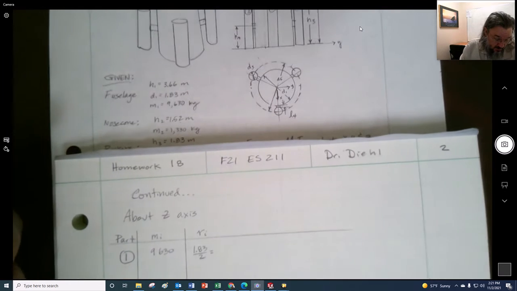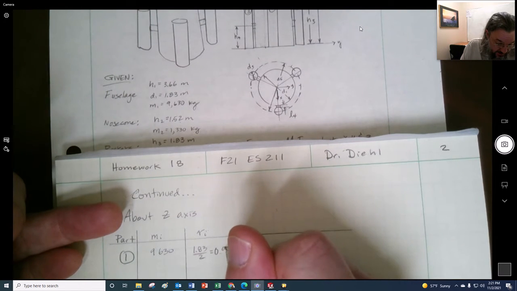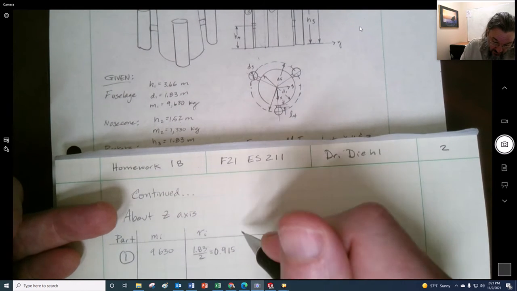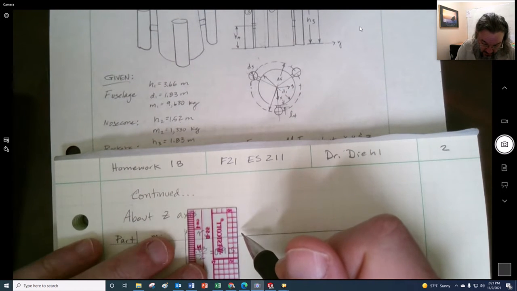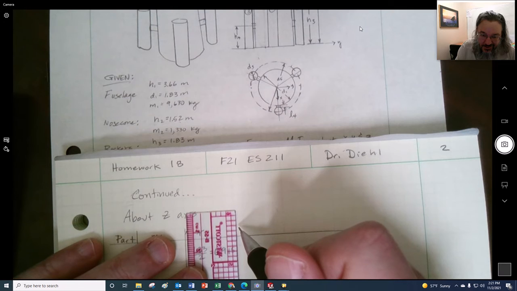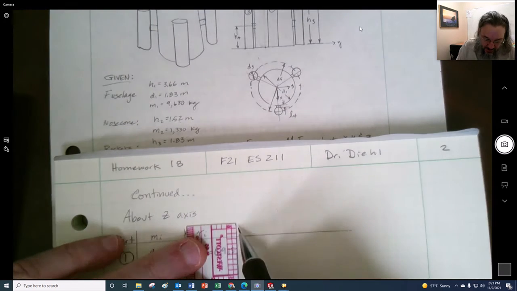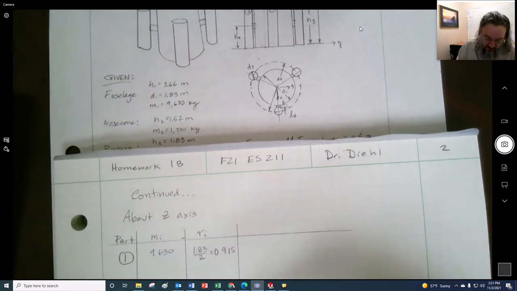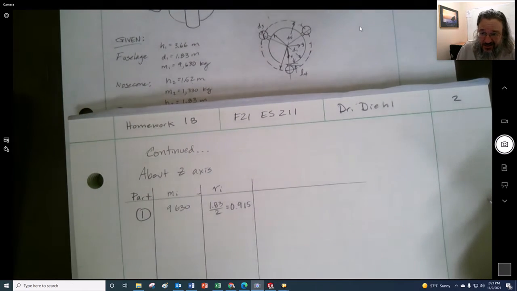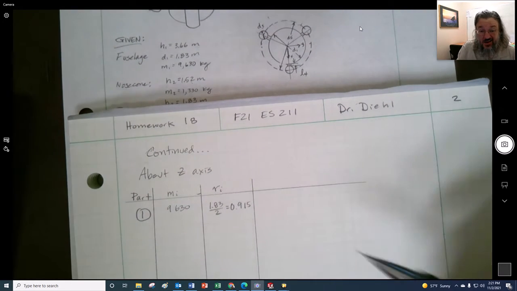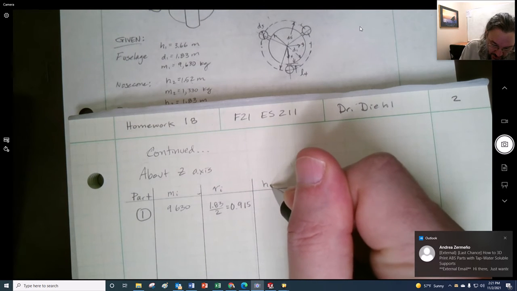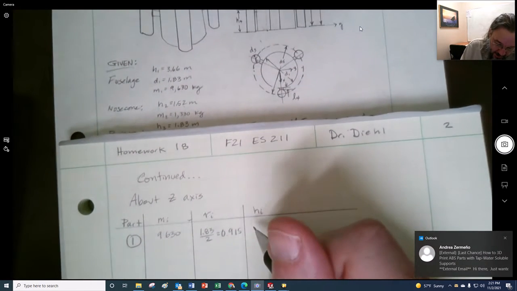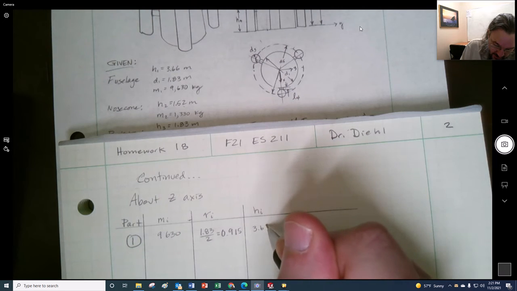Which I probably already have somewhere. 0.915, right? And then I'm also going to need, I don't actually need this for this particular table, but I'm going to need it for the next one. So I'm actually going to include it, even though it's not 100% necessary. I'm going to have my H_i right there, and the H_i is 3.66,